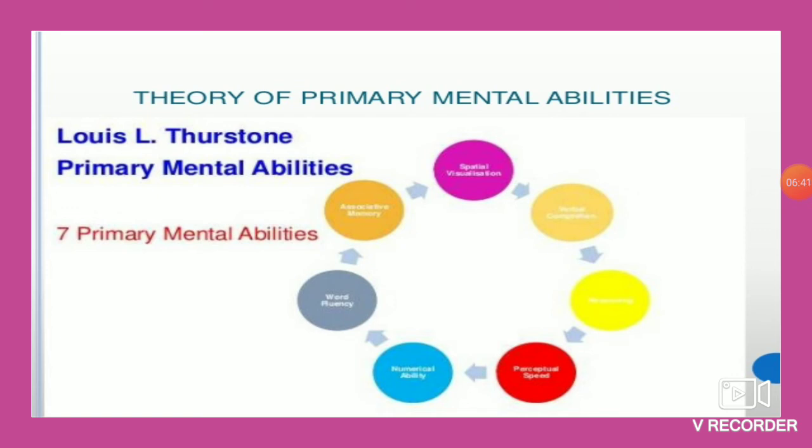Then spatial relations. Spatial relations means how you are able to visualize and how you are able to form patterns. Spatial is made from the word space. So how you are able to actually visualize that this thing should be here, and this should be attached like this. All these are known as spatial relations, the ability to visualize the patterns and form patterns. Next is perceptual speed. Perceptual speed is speed in receiving details. So perceiving